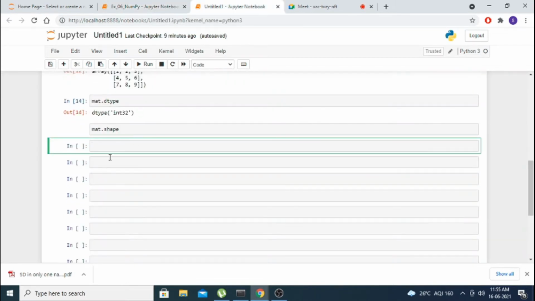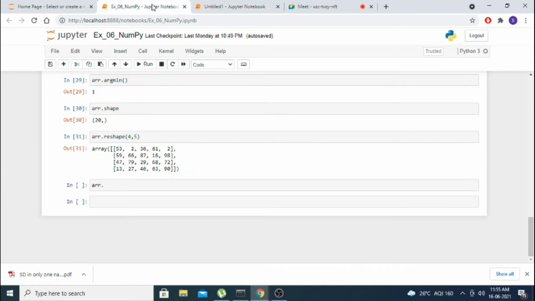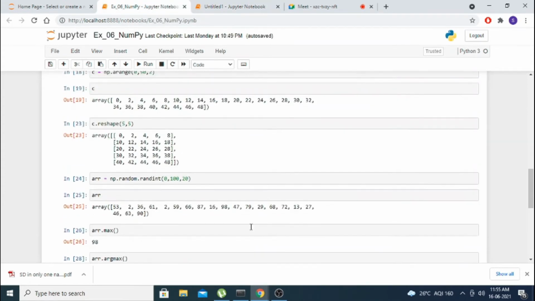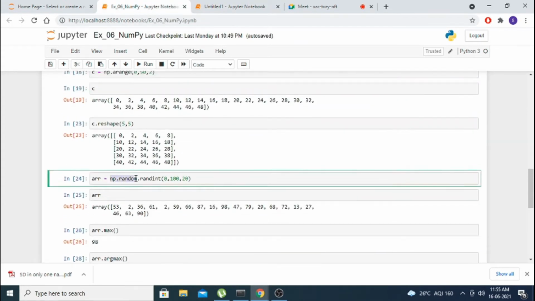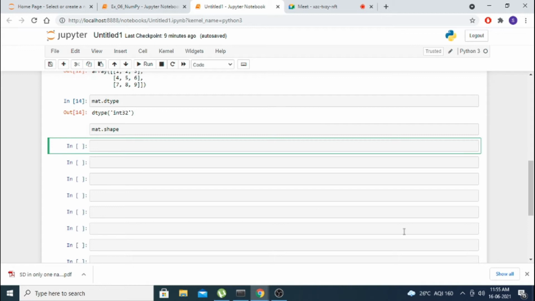Now I am giving you one tip. Whenever we use randint, I use np.random.randint, and typing it each time becomes a little boring and long.